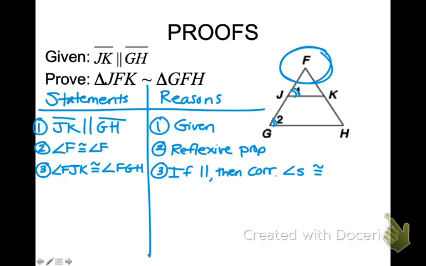I can't use just J because I don't know if you're talking about this top angle or this bottom angle at J. So you have to be more specific there. All right, now do you have 2 sets of congruent angles? Yep. So now my final line is my prove line. So just rewrite that. Triangle JFK is similar to triangle GFH